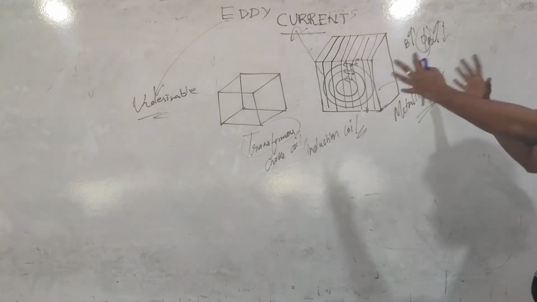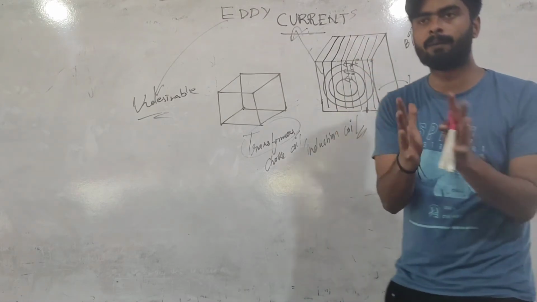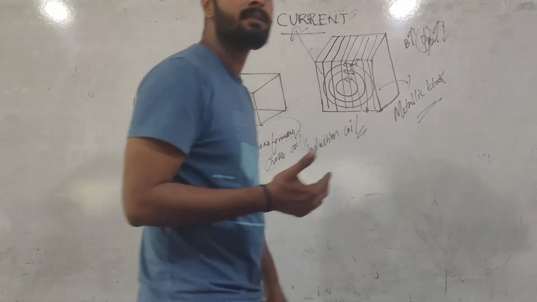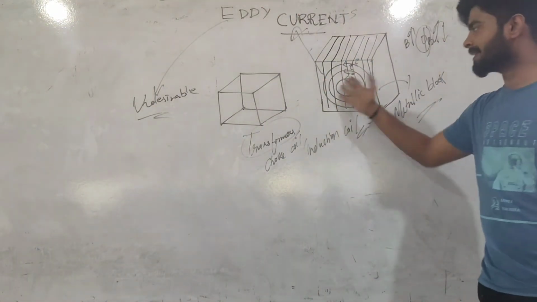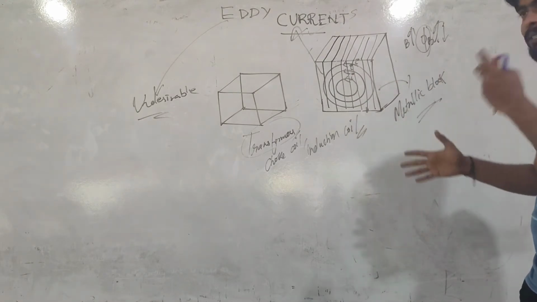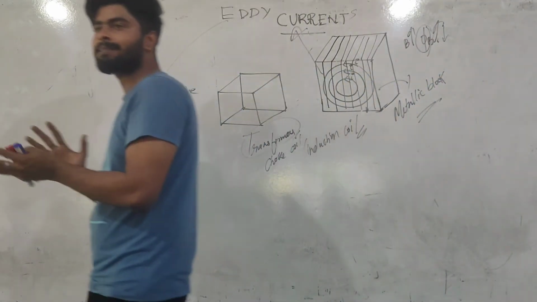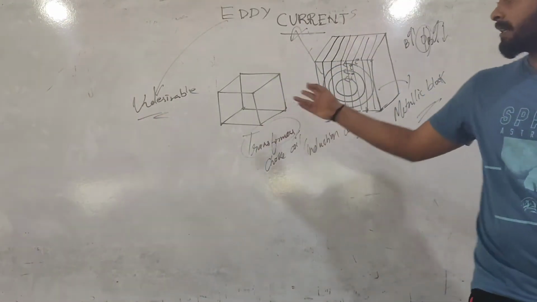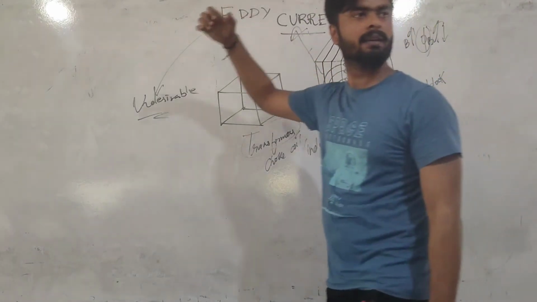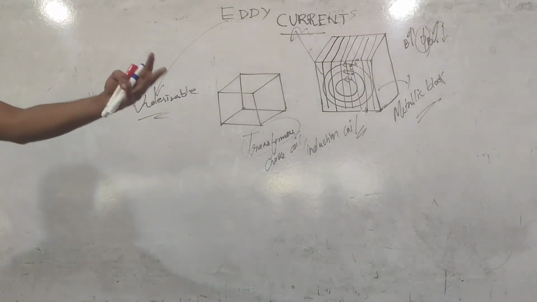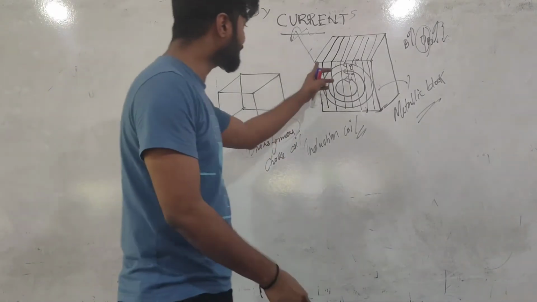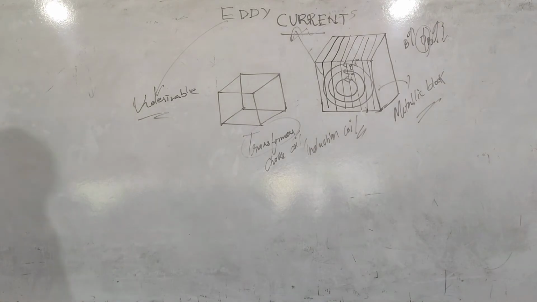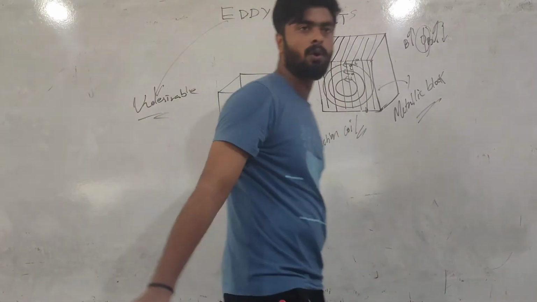We are not going to use a whole solid block, rather we will use thin sheets which will be combined together. So the effective resistance increases, because this will be connected in series, right? If you have laminated thin sheets all kept together, it will act like a series connection. You know that in series connection resistance is very high. So if you can increase the resistance, eddy current can be decreased. So instead of using a whole solid metallic block, you will use thin laminated metallic sheets.